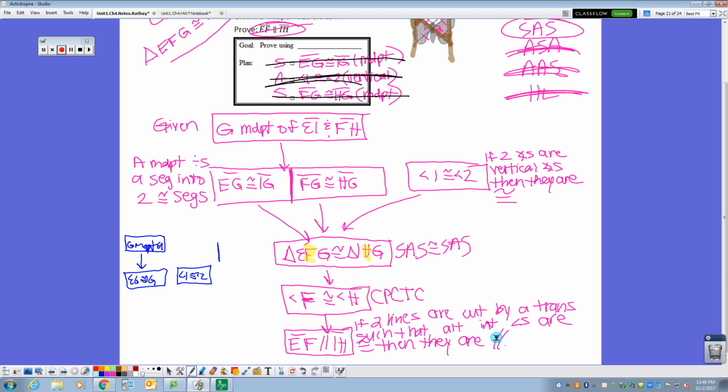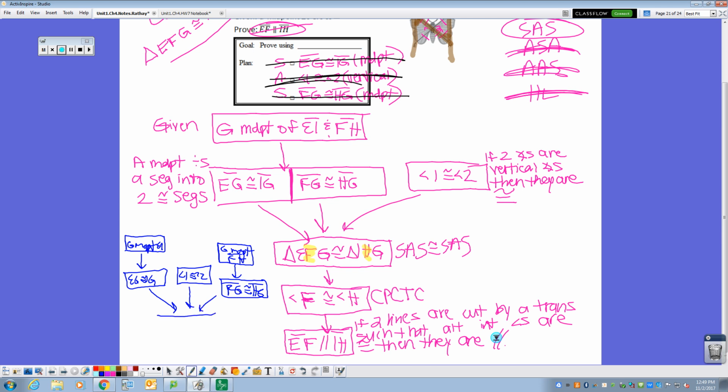And then they write that G is the midpoint of FH. And that tells them that FG is congruent to HG, because they want that